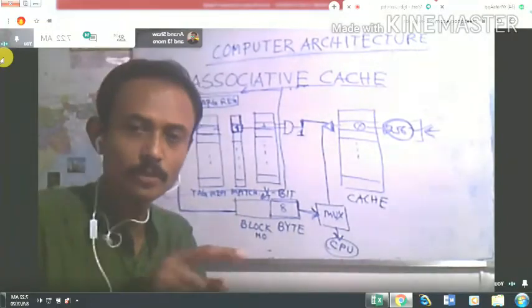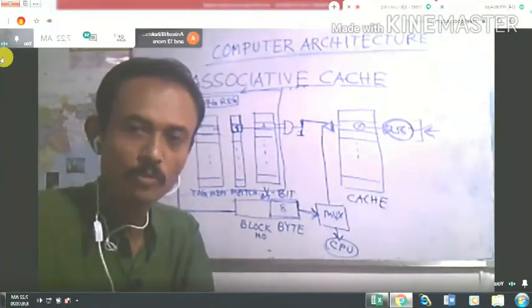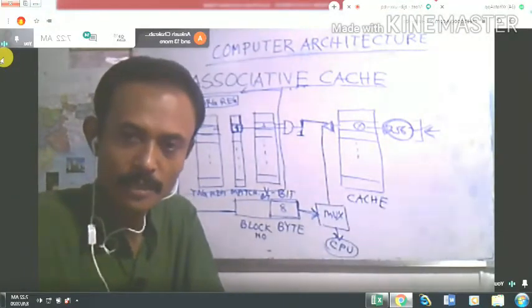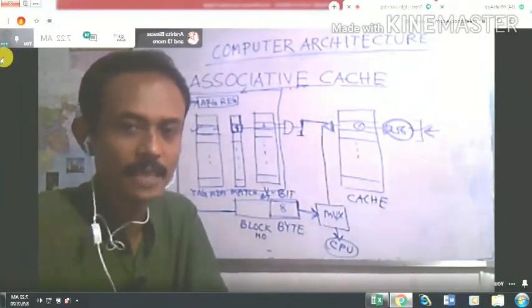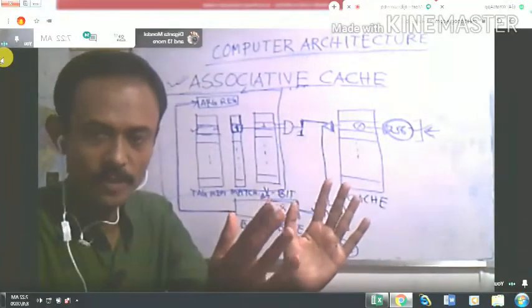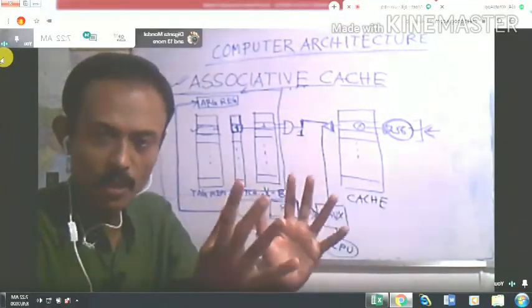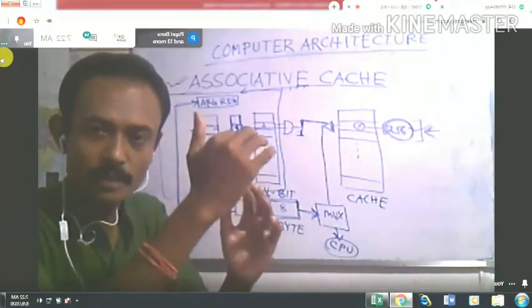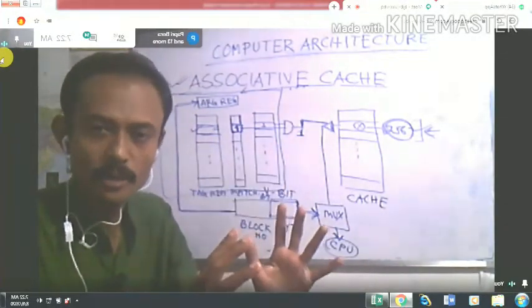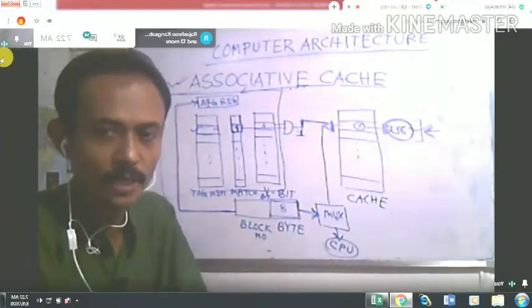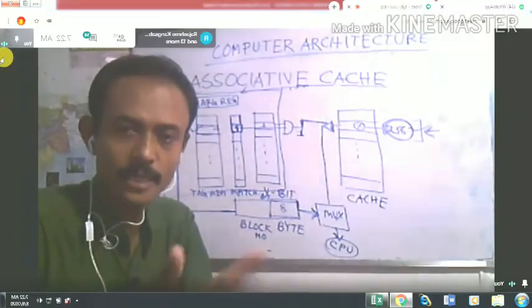To overcome this drawback, we have to move to another cache memory organization technique, called the direct mapping technique. There is a drawback in the associative cache memory technique: for the searching purpose, we require a very complex hardware organization. To reduce that hardware complexity, we have to move to the direct mapping technique.